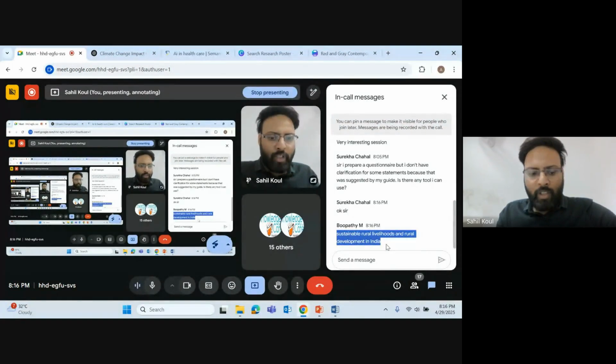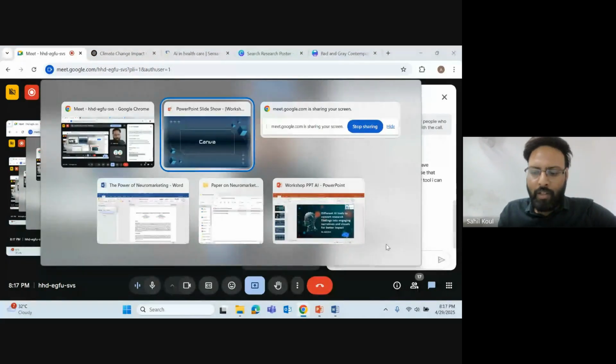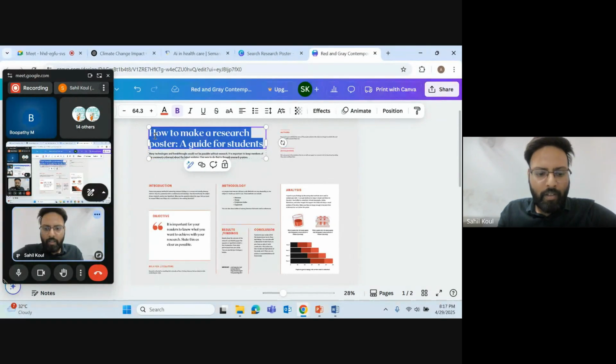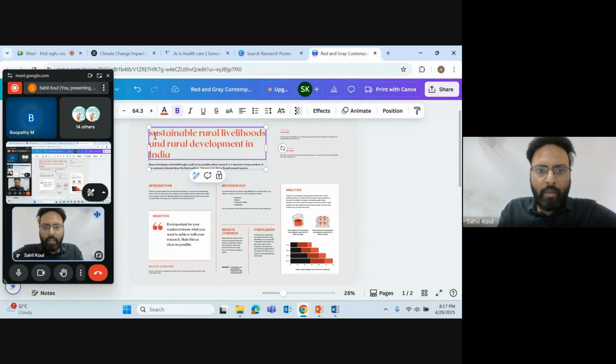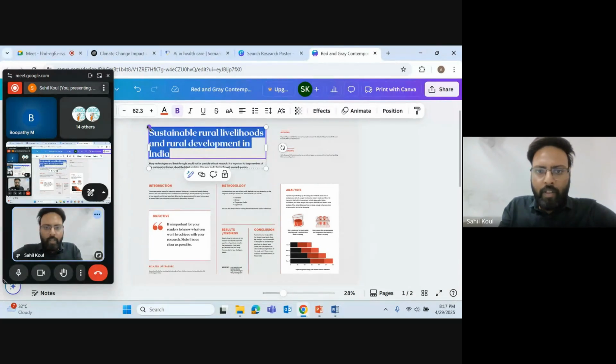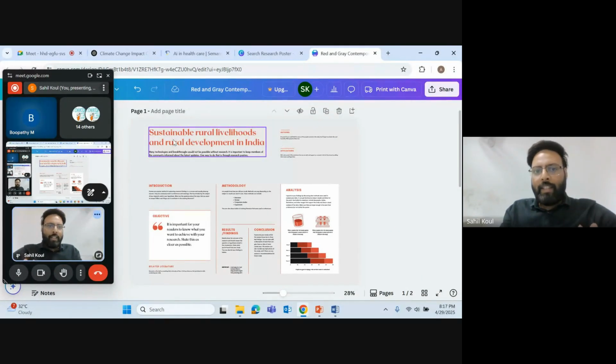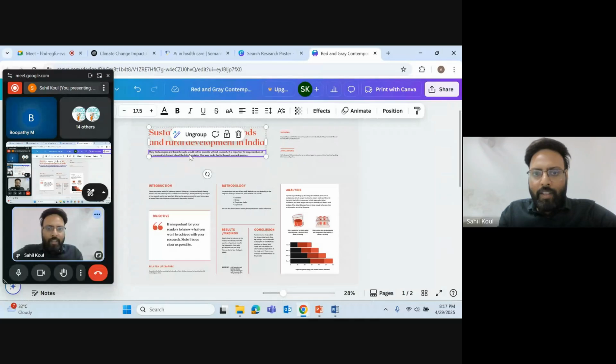Yeah. So this is the topic. I'm just copying it, going here, and simply pasting it. Reducing the size of it a bit so that it comes in 2 pages. This is your title sorted. Then this is a brief introduction of it. What you will do? You will go